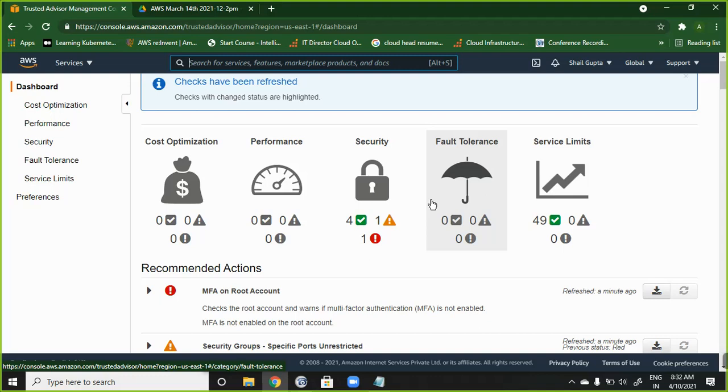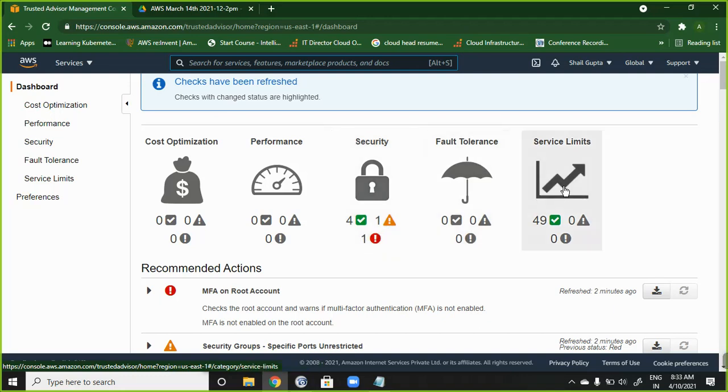If your server is not utilized properly, only 10% utilized, it will come in the cost section. Any performance improvement suggestion, or security related, or high availability failover related, it will show. For example, in security it is showing 4 correct, 1 medium concern with a recommendation, and one severe security concern showing in red color.